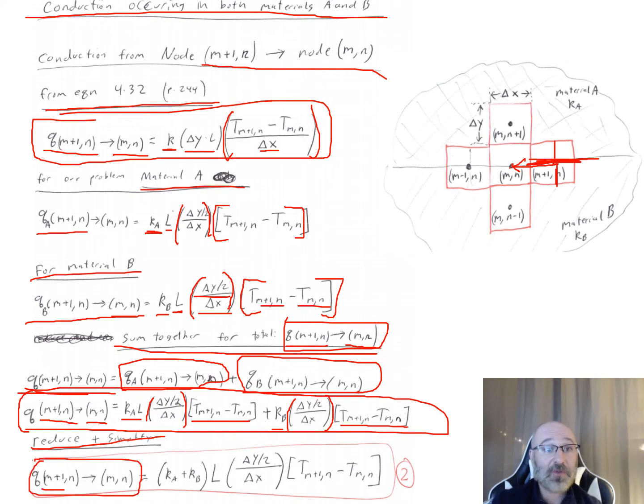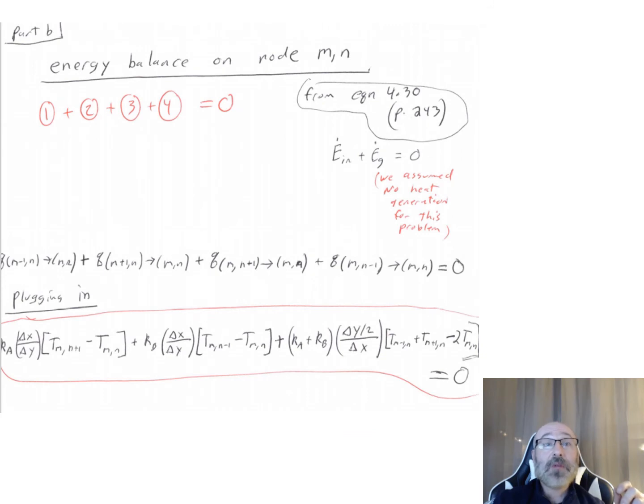we see now our total K, our heat transfer rate there from M plus 1,n to our center M,n is equal to the sum of those two thermal conductivities, K_A plus K_B, times that distance L, times now our common delta Y over 2 divided by delta X times the temperature difference between the two nodes. That will give us now our final expression number 2. So now we have expressions for 1, 2, 3, and 4. So now we've completed part A for our problem, and we need to move on to our solution